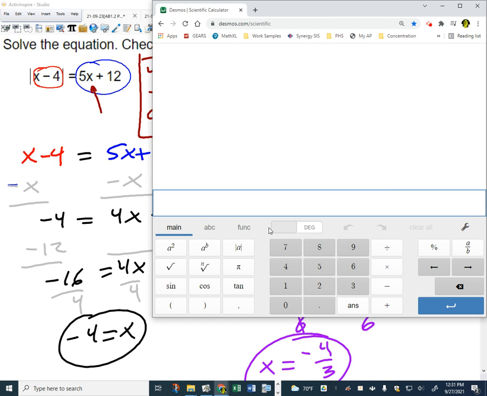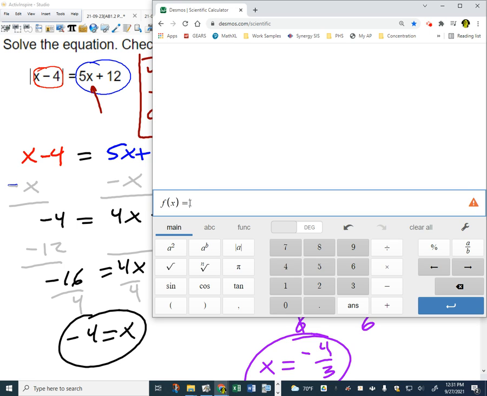Okay, here's what you do. So just watch this closely. Same kind of thing. I'm going to set up a function for the left and a function for the right. So I'm going to call the left f of x. And it needs to be function notation. You'll see why. So I've got f of x